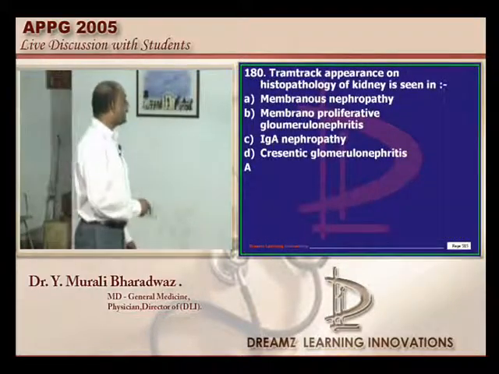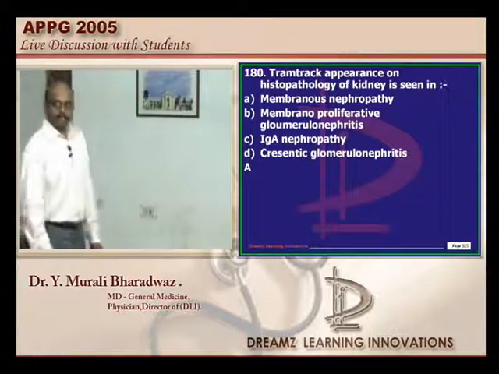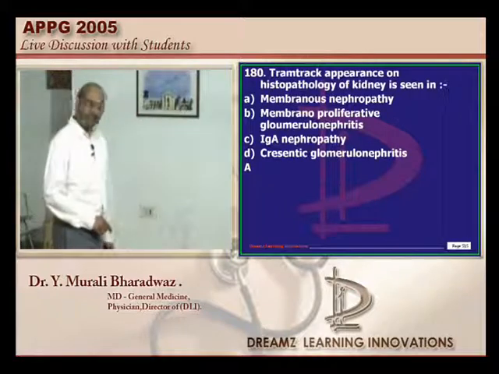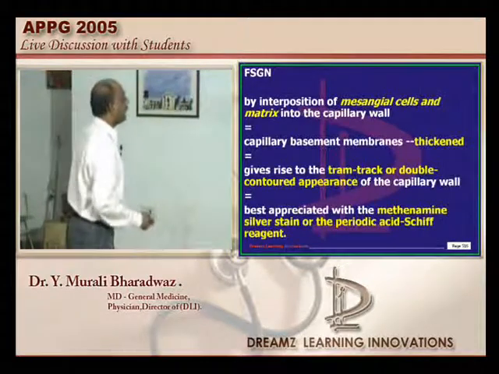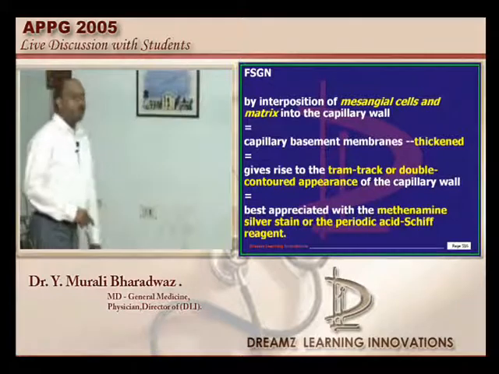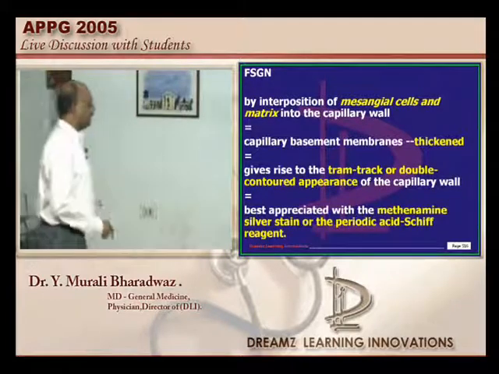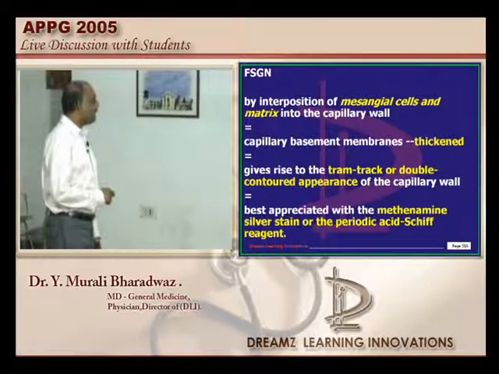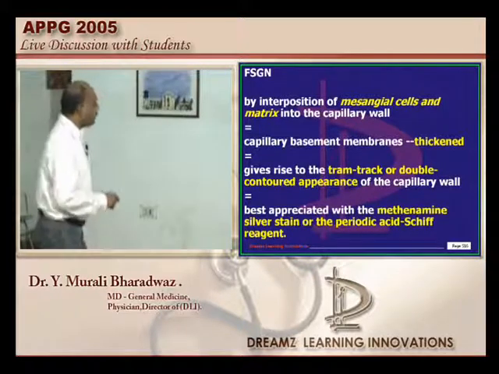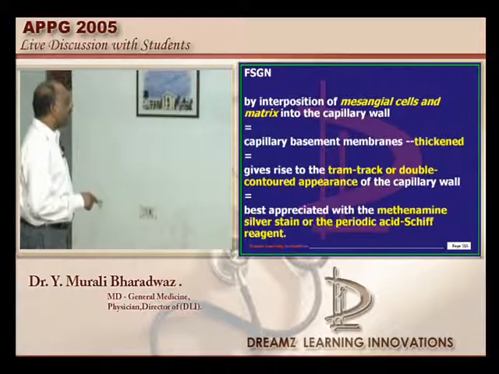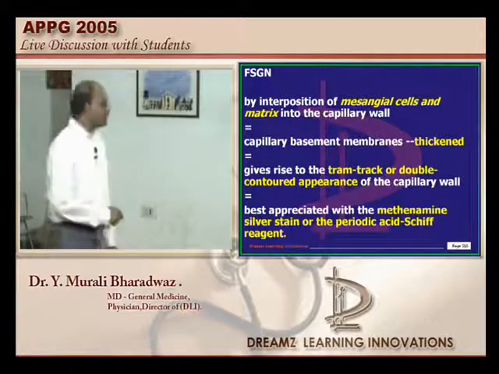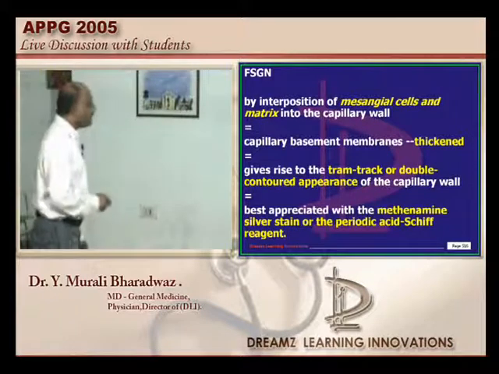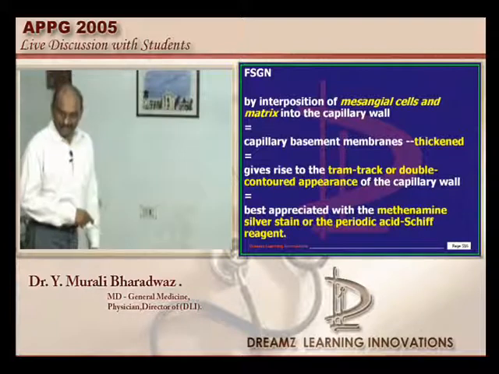Where do you find tram track appearance, doctor? In the case of membranous nephropathy or membranoproliferative nephropathy. Good. So let us talk 1-2 comments about each of them. Focal segmental glomerulosclerosis. Basically there is an interposition of the mesangial cells and the matrix into the capillary wall, and that will cause the capillary wall basement membrane to become thickened, and that gives the tram track or double contoured appearance for the capillary wall, and it is best appreciated by the methenamine silver stain,